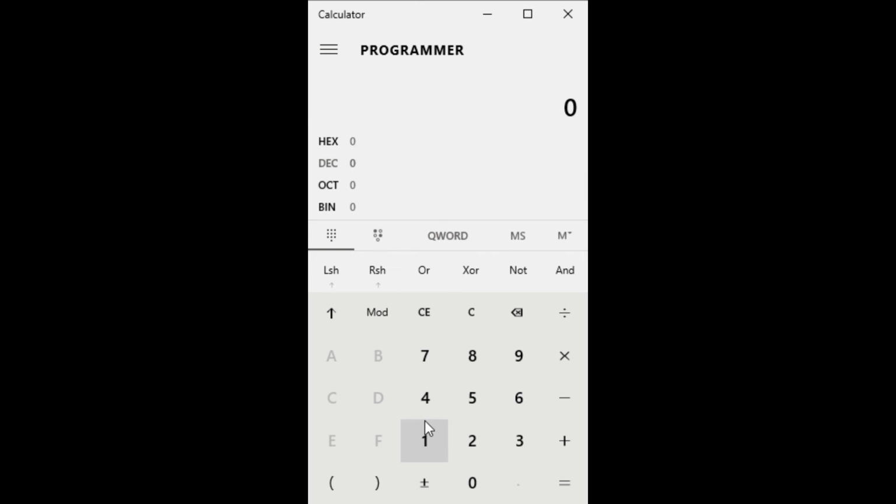And you can go in, put in a value like 255, and quickly see the hexadecimal value, the octal, or the binary. And then you have a number of options here at the bottom to do mathematical operations. So this is a really useful tool, and I highly recommend it.